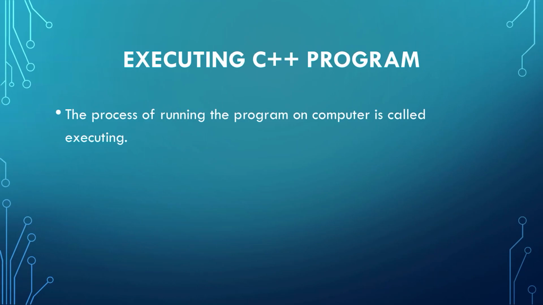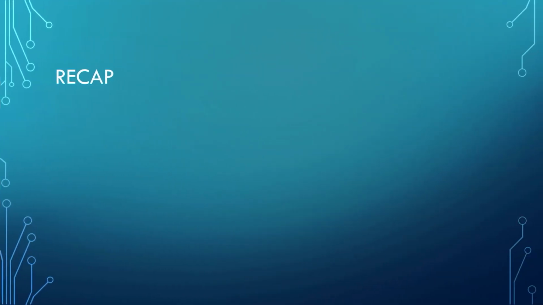So these are the steps that we have studied today for saving or creating a C++ program. Among these were, first we will write the program, then save that C++ program and the extension will be .cpp. Then that program will be compiled, which means actually we are going to convert the source code into object code, and now the extension will be .obj. And after compiling, we are going to link the library files